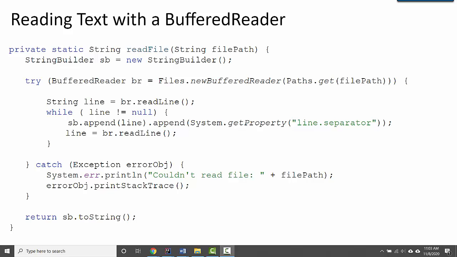Here's the 30-second version of how to read a text file using a buffered reader. This method takes a string as an input, that's the name of the file that you want to read. It then creates a buffered reader using that file name here. And then it will loop over the file one line at a time and read each line and then add